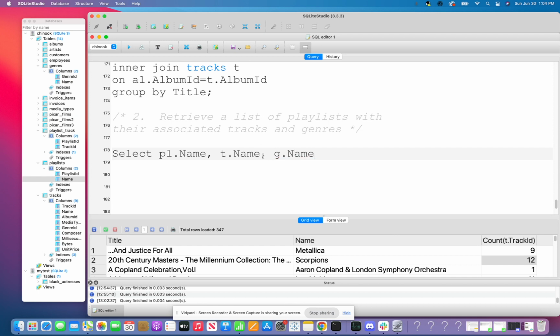See how it could get confusing when you don't alias things? So now you have playlist name, track name, G name. They all have similar columns. Okay. So playlist name, that first column comes from playlist. So I'm going to do that. And I'm going to alias it as PL. And I'm going to do my inner join. And I am going to inner join this